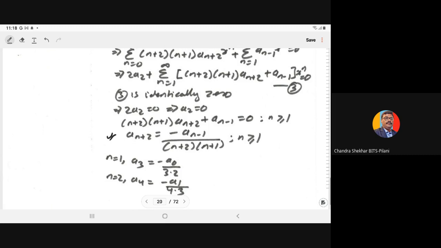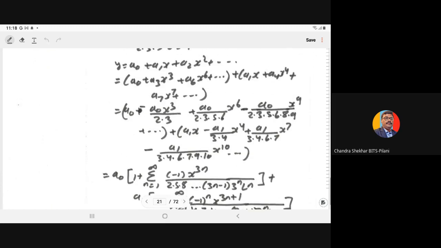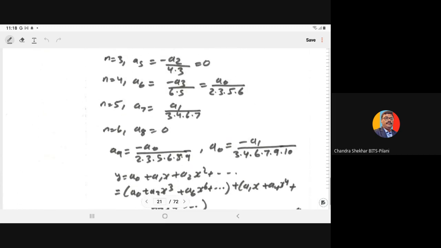I am giving this question, so in the exam we ask this. We have seen many times that you make mistakes in collecting the coefficients. So here we have a5, a6, a7, a8, for n is equal to 3, n is equal to 4, n is equal to 5, n is equal to 6 respectively.